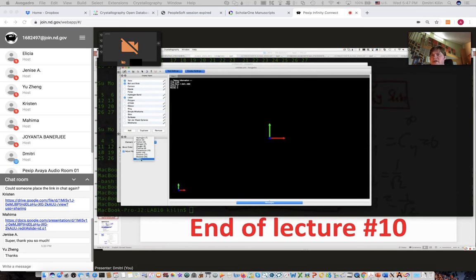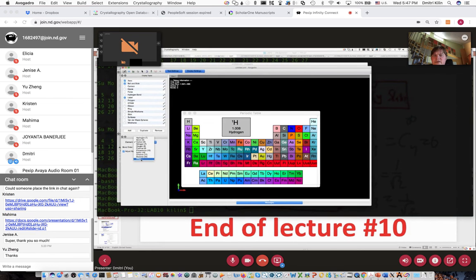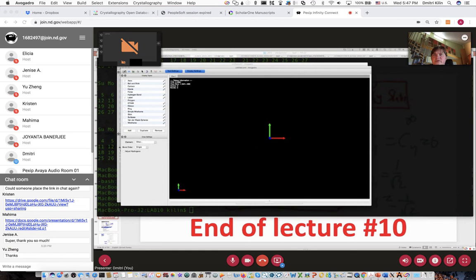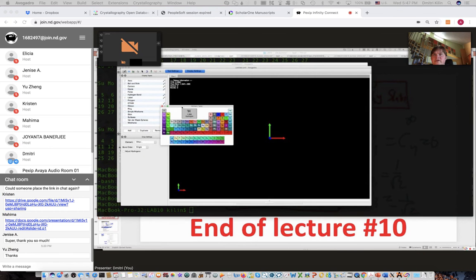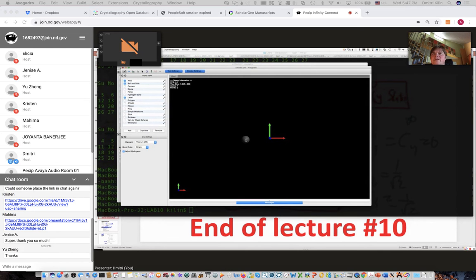So I click Other, and it brings up the periodic table for me. In the periodic table, I'm looking for titanium, and after selecting titanium, I can just click once for a titanium atom, and then for the element, I can select oxygen and